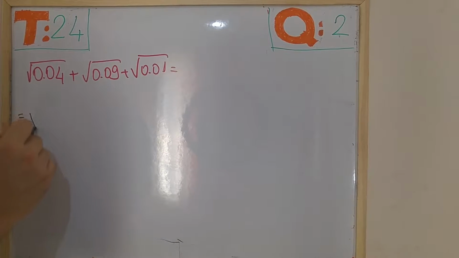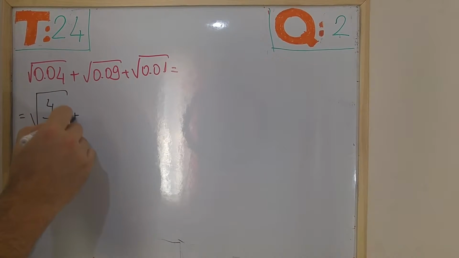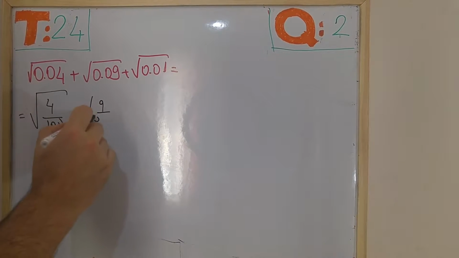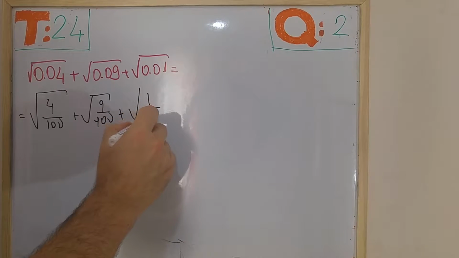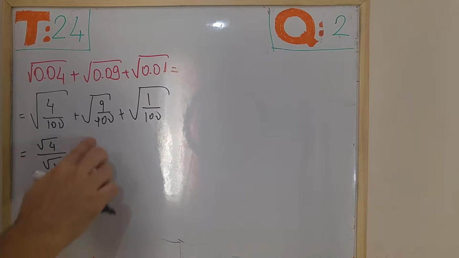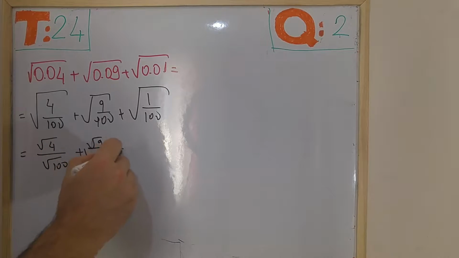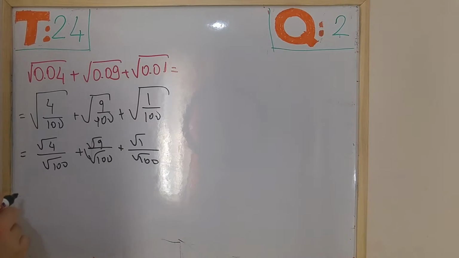These numbers are actually equal to square roots of 4 over 100, 9 over 100, and 1 over 100. So we can write this down as square root of 4 over square root of 100 plus square root of 9 over square root of 100 plus square root of 1 over square root of 100, which are going to